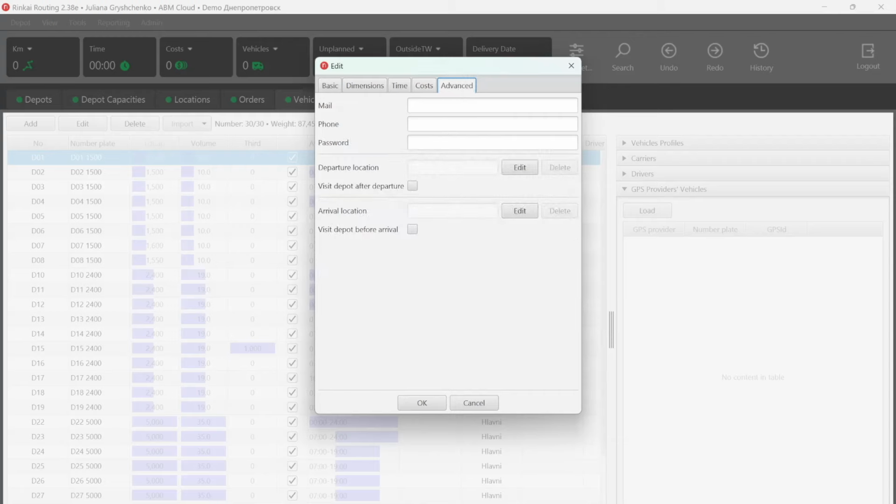Let's go to the advanced parameters. Advanced parameters are basically contacts. It includes contact information of the driver. It can then be broadcast to the customer in messages or emails, indicating the contact details of the driver of the car. So in this topic, I would love to cover the delivery application,